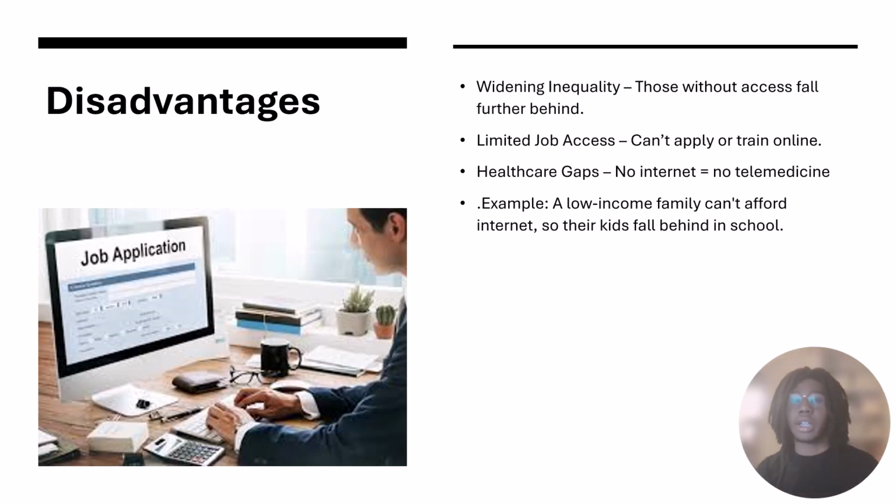But there are downsides to these technological advancements. The biggest one is inequality. Those without access fall behind in schools, can't get jobs, and have worse health outcomes, which I've stated in previous slides. With that happening, that deepens poverty and limits social mobility. And on the flip side, too much tech use can also be a problem. Overconsumption of screens can be harmful to mental health, especially for teens. It can cause anxiety, depression, and poor sleep. People may lose out on real world communication skills and physical activity. So while access is important, balancing it is too.